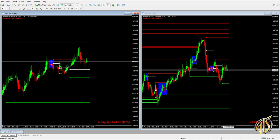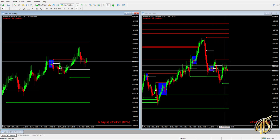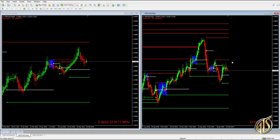If we do rotate long and push through this expansion here, then we are most likely going up to test this expansion, which is 197 pips away, and if we blow through that one, then we are headed up to this liquidity line up here, which is 362 pips away. So that's the range that I think we're working in. Either we're going to hold above this expansion here if we rotate long, or if we stay short, we're probably coming back to this expansion here, and then we have to see what